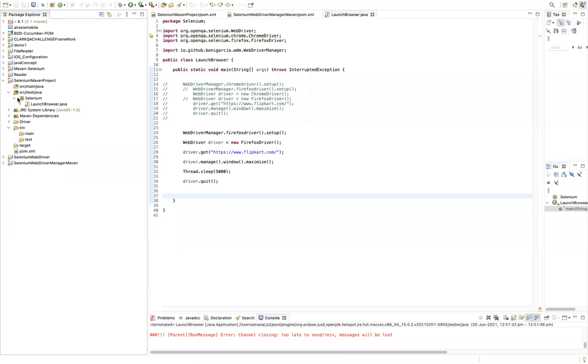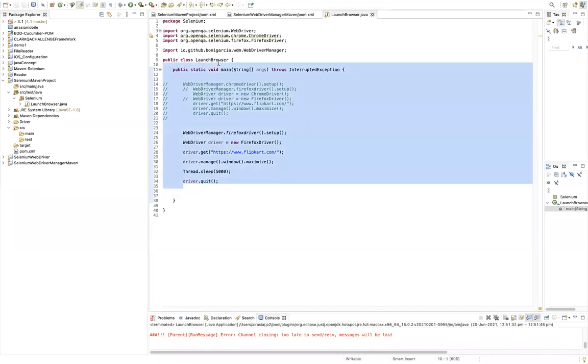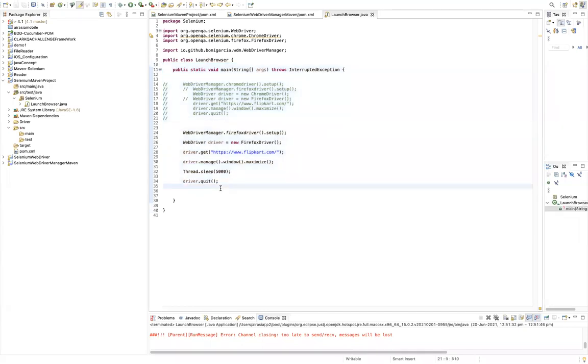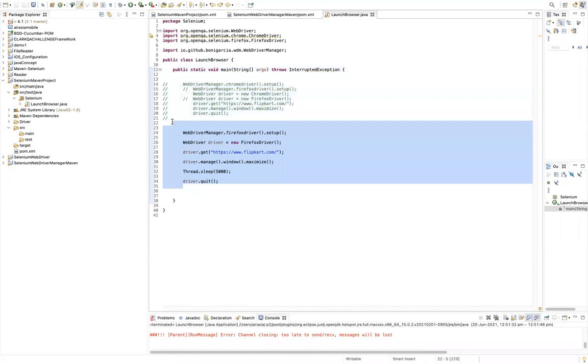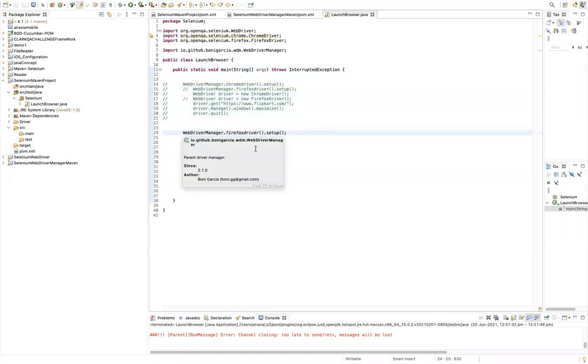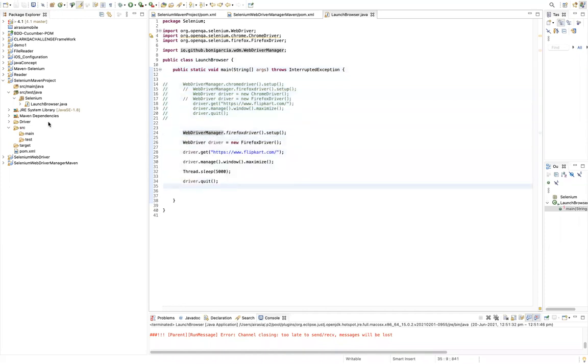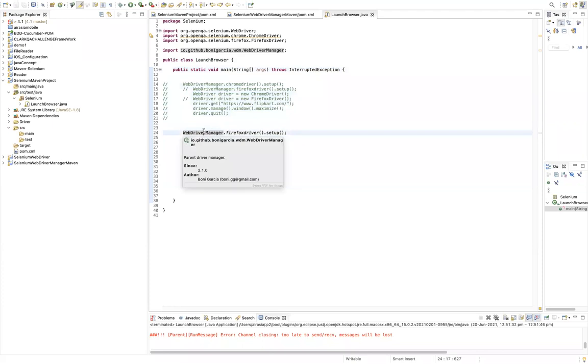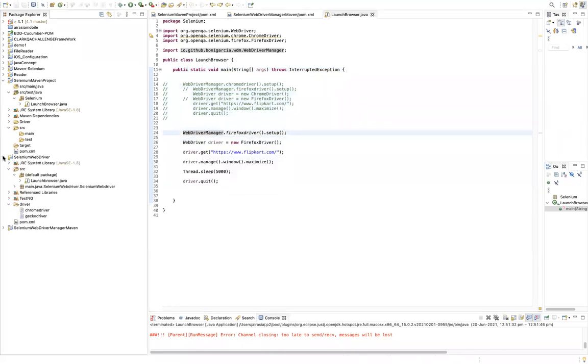After that, in the same way, I initially created this project. Then I told them how you can launch Chrome or Firefox. This is another way of launching Chrome, using the WebDriver Manager. Previously you had to use the Chrome driver and the Firefox driver, sorry, the Gecko driver. With the WebDriver Manager, that is not at all required. But if you want to use that one, I have one project as well.